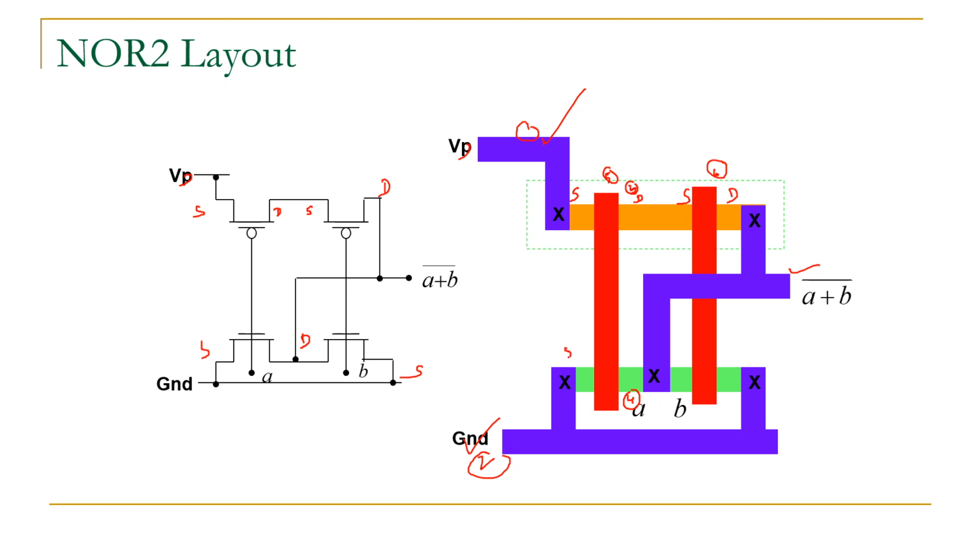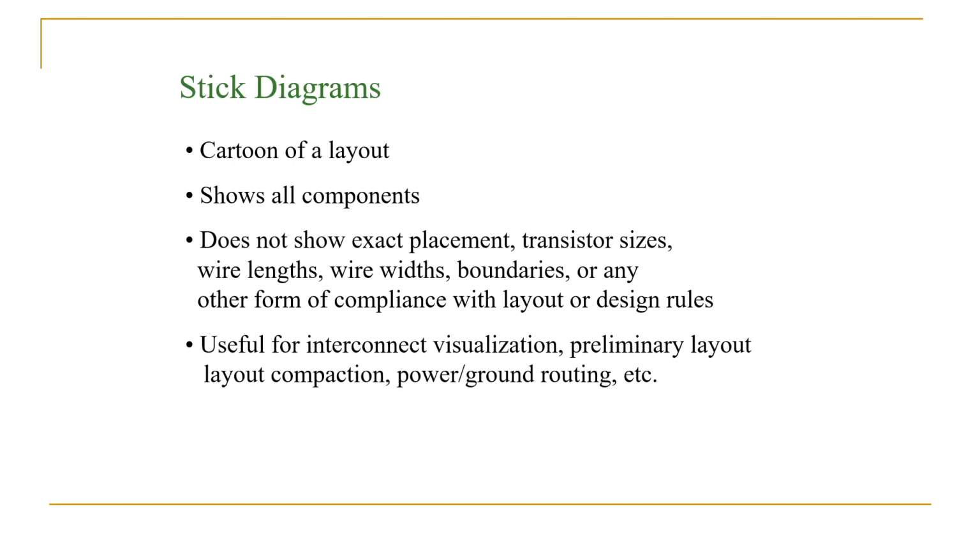So the same is followed here. This is source side and this is source side. This is your drain side and this is your drain side. These two are interlinked through your metal, and then you are connecting it to output through these connections. Okay, this is how you need to draw your layout. And various colors are represented here. This is the basics regarding this layout, and next we'll move on to the stick diagram.